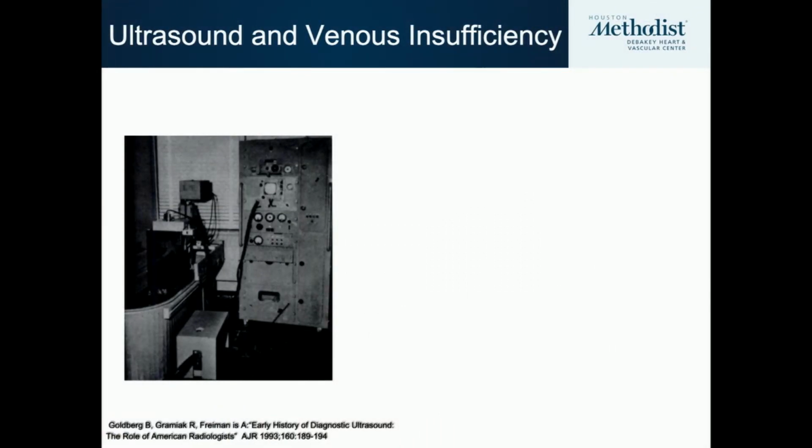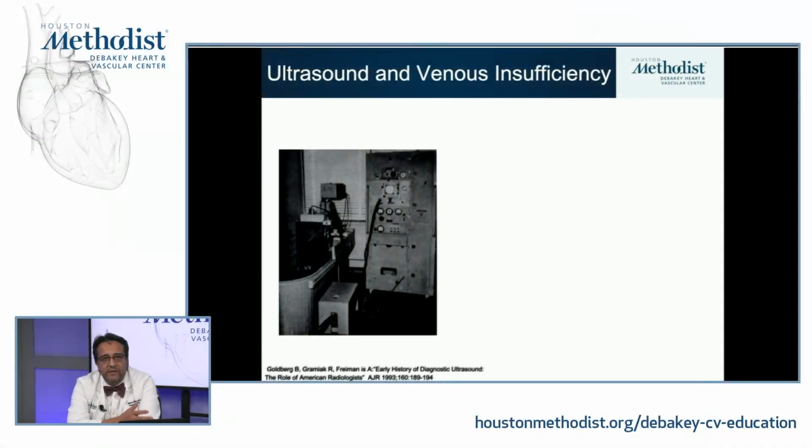There are a lot of other events that happened in order to develop the ultrasound machinery and equipment that we have today. We went from big machines, described in this paper by Goldberg in 1993. Obviously, this is an archive picture, not from 1993. The machines were huge, and also required a tub for the patient to get in, in order to have good penetration with the sound waves and obtain a